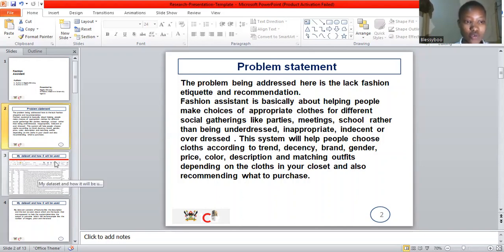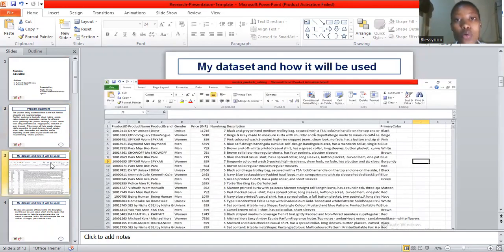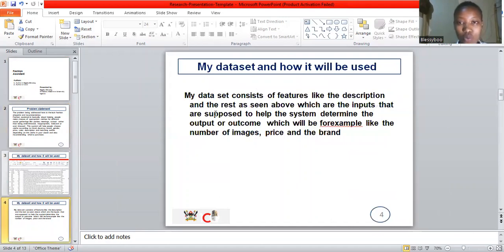And I used a data set from cargo.com. And I provided a screenshot of how it will look and how it will be used. It consists of features: we have the inputs, we have the outputs. And if I go to my Excel here, we can see right here that the inputs include the description and product ID,